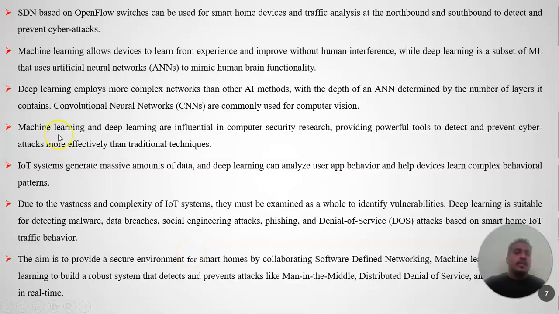Here, the SDN based on the OpenFlow switch can be used for smart home devices, with traffic analysis at the northbound and southbound to detect and prevent cyber attacks. Machine learning allows devices to learn from experience and improve without human intervention, while deep learning is a subset of machine learning that uses artificial neural networks to mimic human brain functionality.